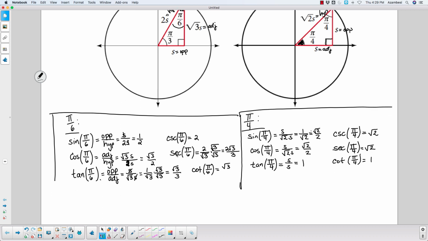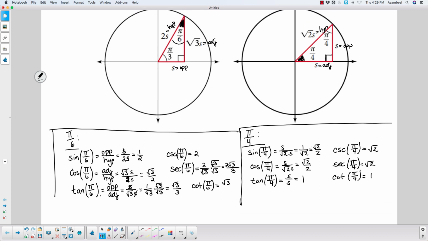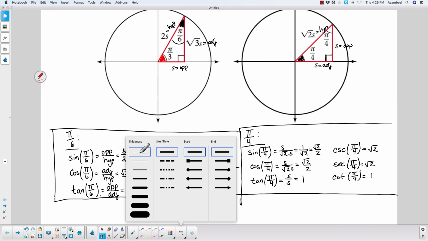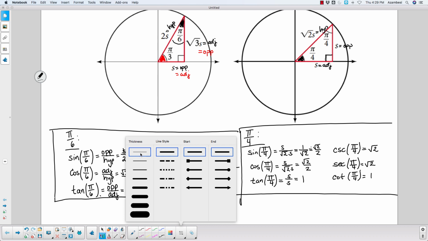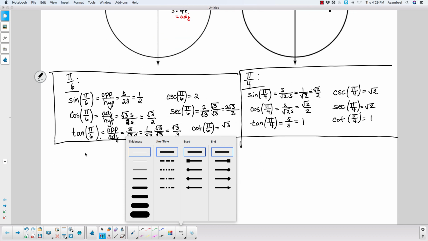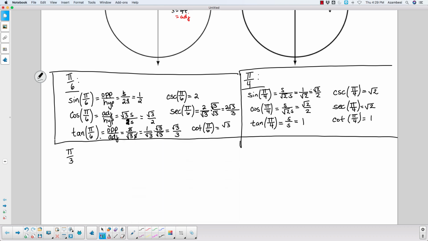For our last special angle, we work with pi over 3. So pi over 3 is the last angle that we're going to need in order to make the unit circle today, and this time we're working with this angle. Because we're working with that angle in red, now our opposite side is this one, and our adjacent side is this one. So as we make those relationships, if we're working instead with pi over 3,